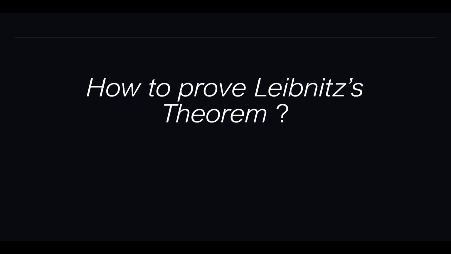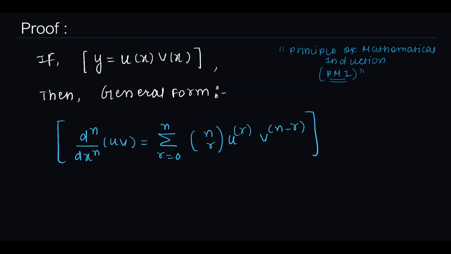In this session, we will be learning how to prove Leibniz theorem in a very systematic way. First, let us revise what Leibniz theorem actually is. As we discussed in our last session, when we have y as a product of two functions, that is u times v, where u and v are differentiable functions, the general form for finding the nth order derivative is